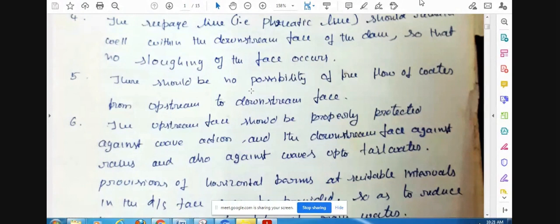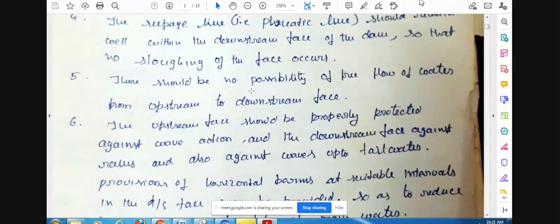Okay, therefore what we have to do is protect the upstream phase with some impervious material. It may be stone pitching, or it may be concrete, something like that, to protect the upstream phase. And similarly for the downstream phase against the rain, as in the last class I also discussed how the rain will